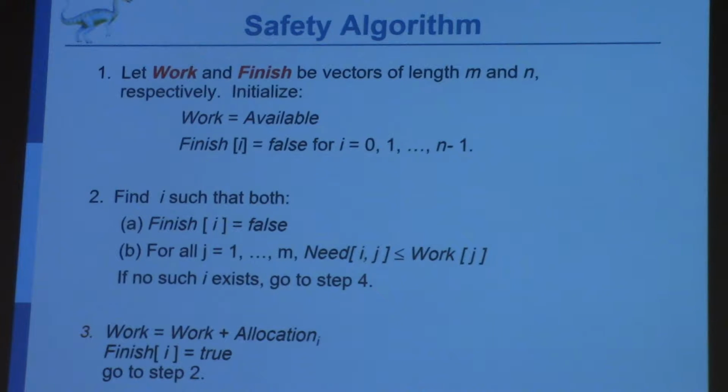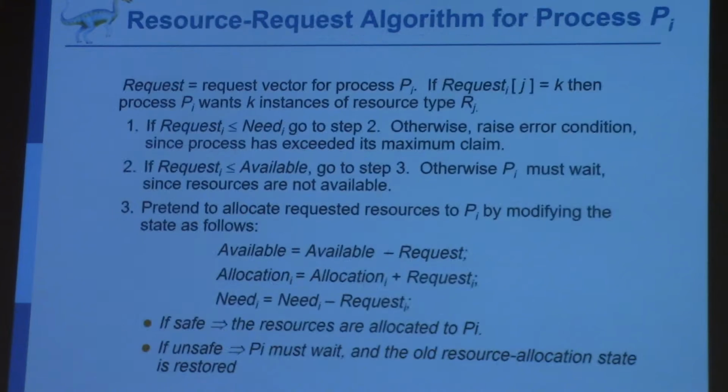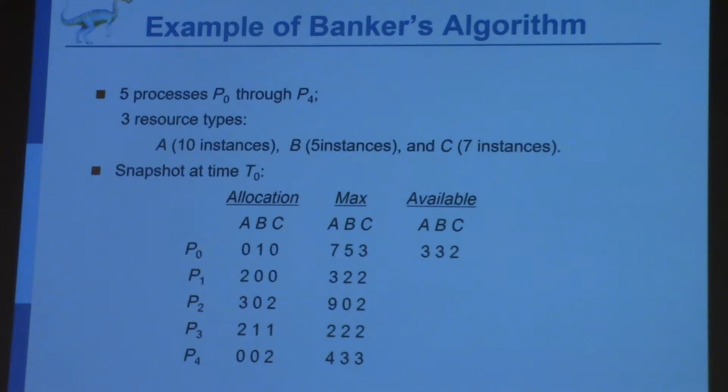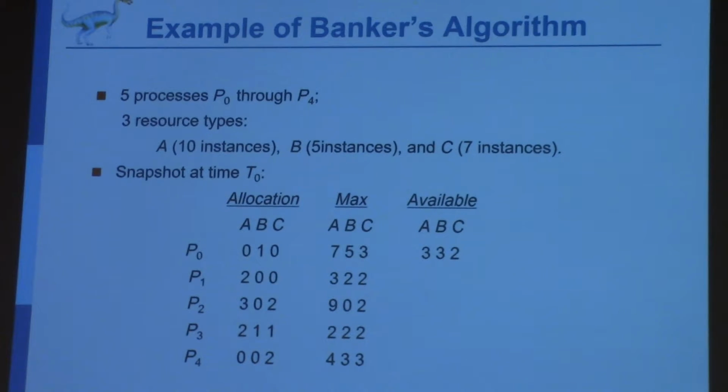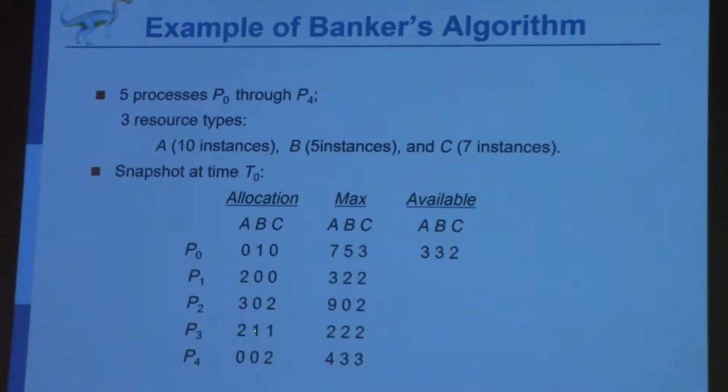The easiest way to understand this algorithm is through a sample example. Then you can easily understand the meaning of this algorithm. So this is one of the examples that we used. At least you should be able to understand the current status. How many processes do we have? 5. And how many types? 3 types. For example, P0 currently has 2 of A, 1 of B, 1 of C, which means to be terminated, how many more are needed? 0,